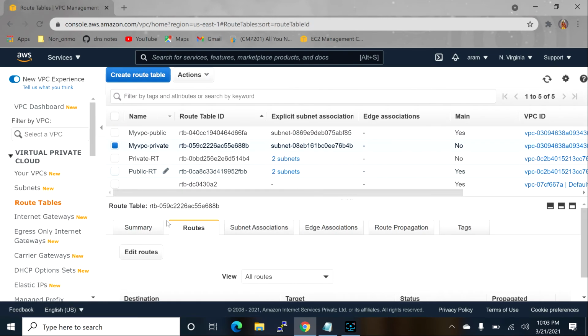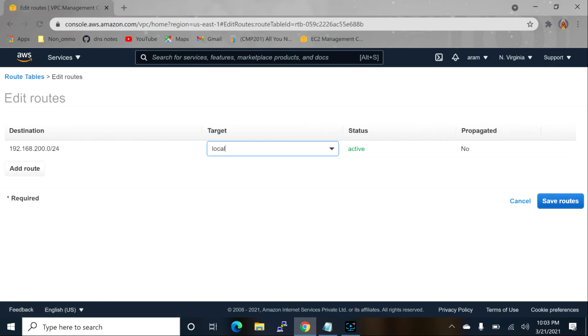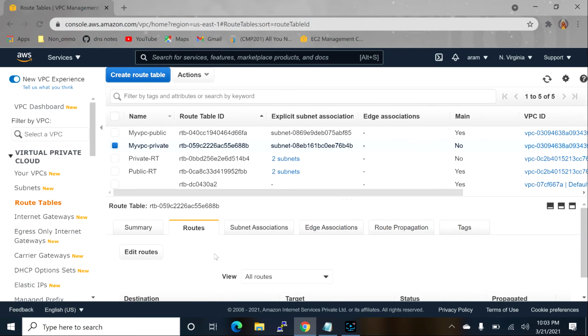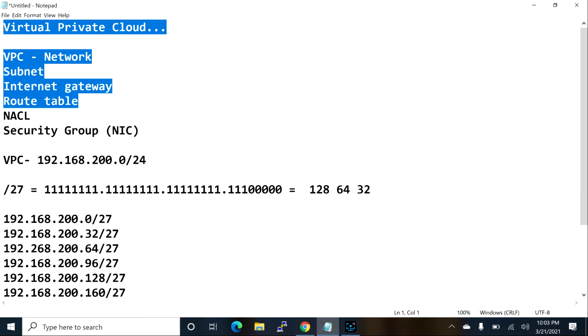Okay, I am not going to add another route in this route table. This route table I am going to keep only for the private subnet. It will allow only local connections. It won't allow from outside. So if you want to connect to these subnet instances, you have to connect from a public subnet instance. Then from that instance to here you can communicate. Otherwise it won't allow. Okay, so up to here we have done, I guess. Up to route table is done.